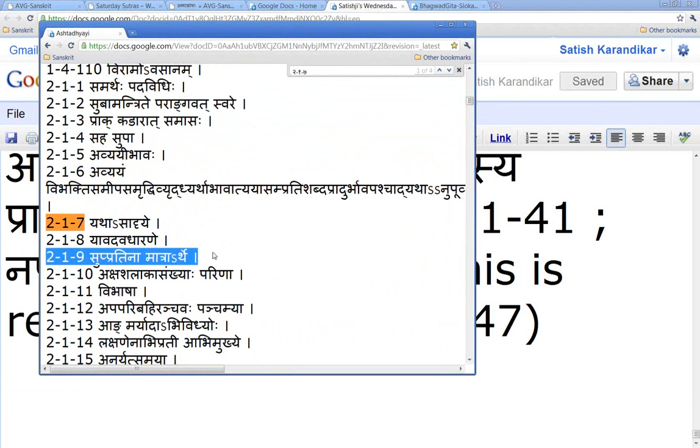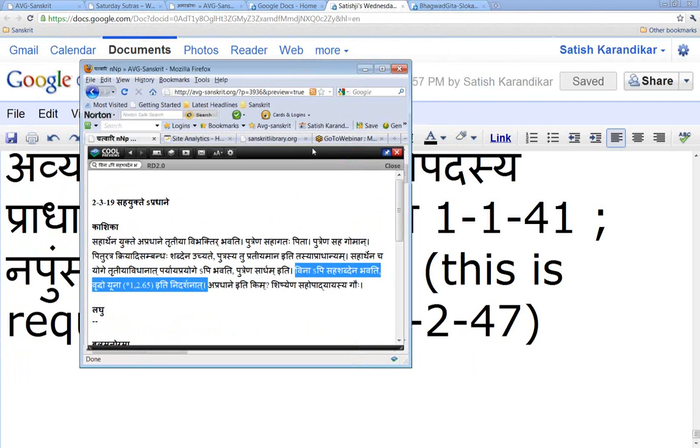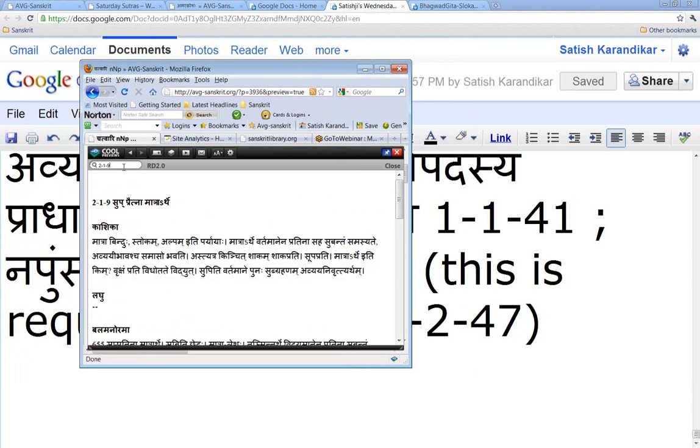Let's look at 2.1.9. I mean, this is again not today's topic. I listed two things: they will not be adverbs all the time, and not only that, they will also not have the pradhanyam in the Purapadam all the time either. So these are all only general rules we are talking about. So 2.1.9 says what? It says matra means bindu, like a small amount of something: stokam, alpam iti paryayaha. So matra means small quantity.